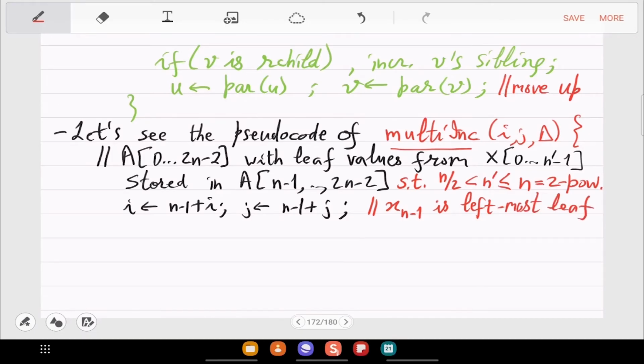Okay, so this is how you orient yourself in the complete binary tree. So remember that not xn minus 1, x0. So x0 is your leftmost leaf, and then x1, x2, dot dot, xn prime. So x0 has to be placed in the location n minus 1. Okay, this is what the translation is.